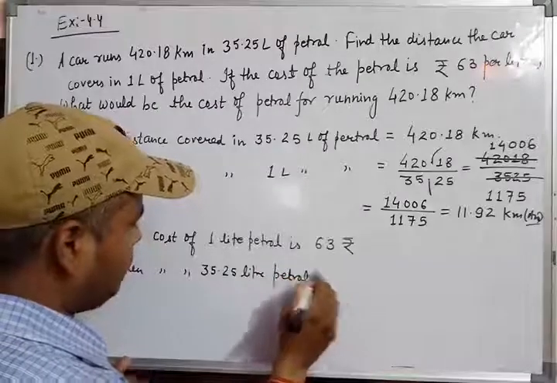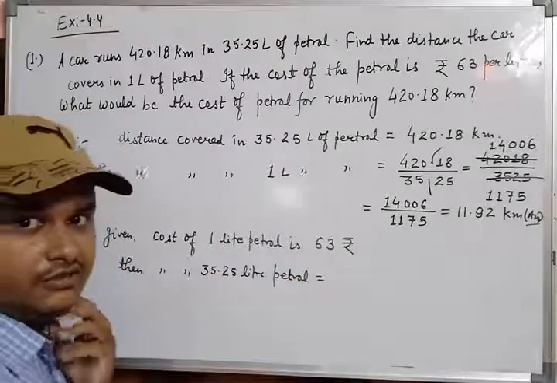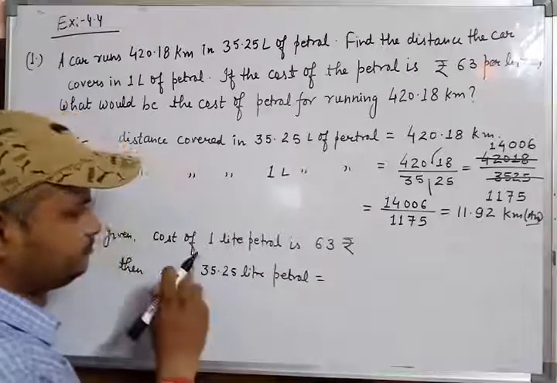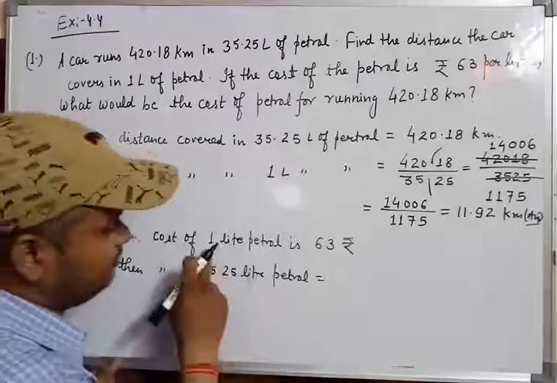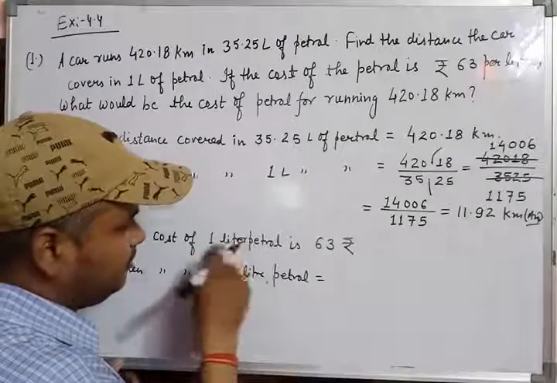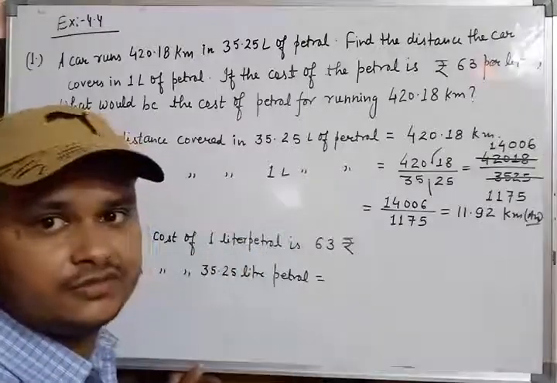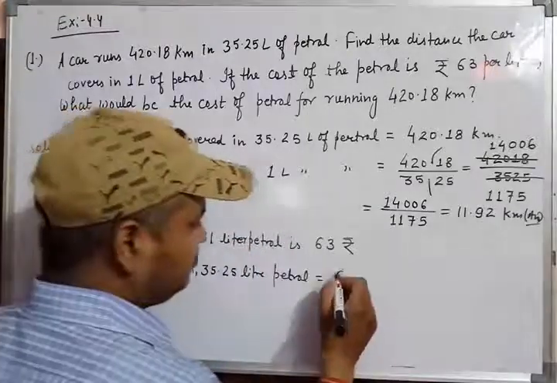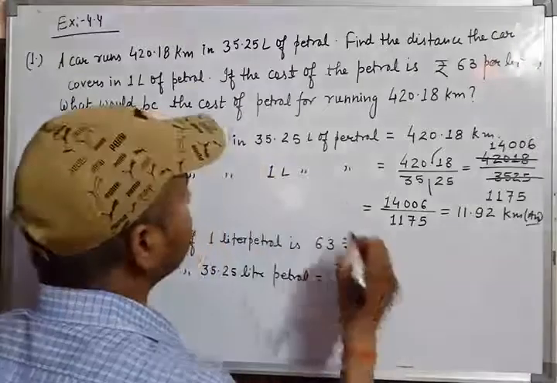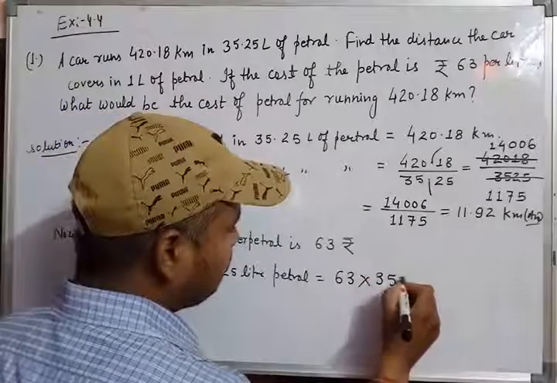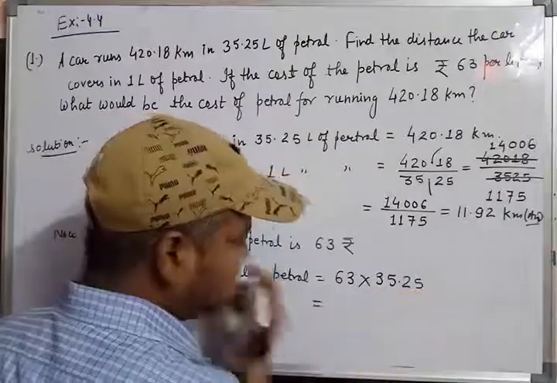simply you have to multiply, because in a unitary method question, if you are given the cost of 1 liter, then you have to simply multiply. So we can multiply 63 by 35.25, then we can write